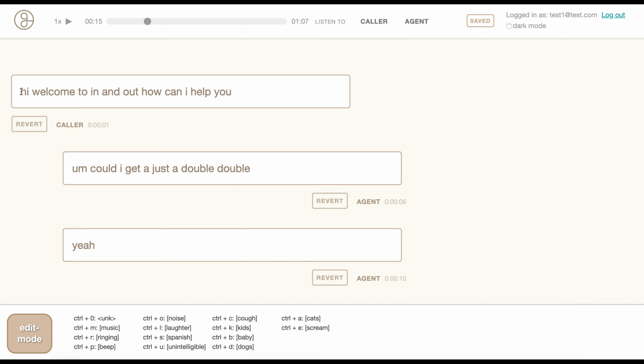However, Scriber allows you to select particular words and hear them. So one way you can do that is just selecting particular sections of text. Hi, welcome to In and Out. How can I help you? And the other way that you can do this is by tabbing. Hi, welcome to In and Out. How can I help you? Could I get